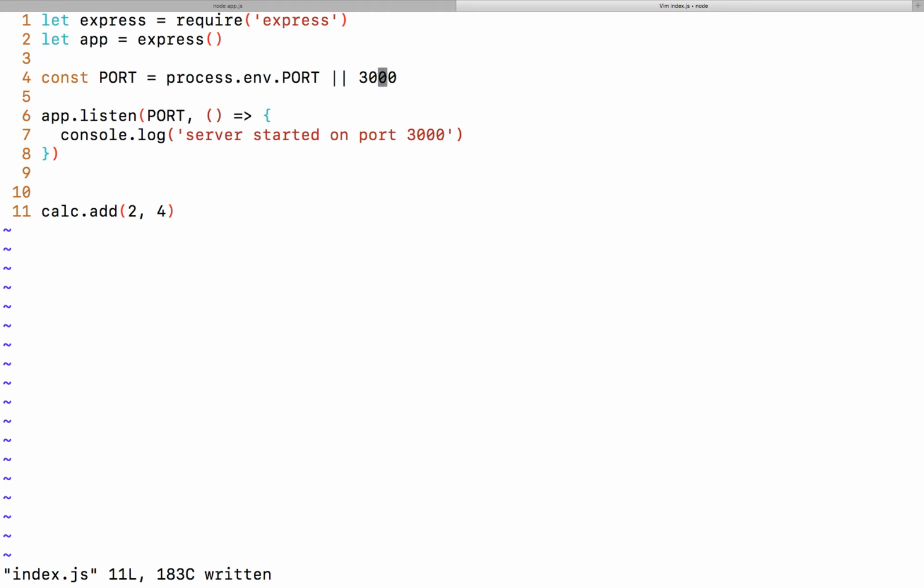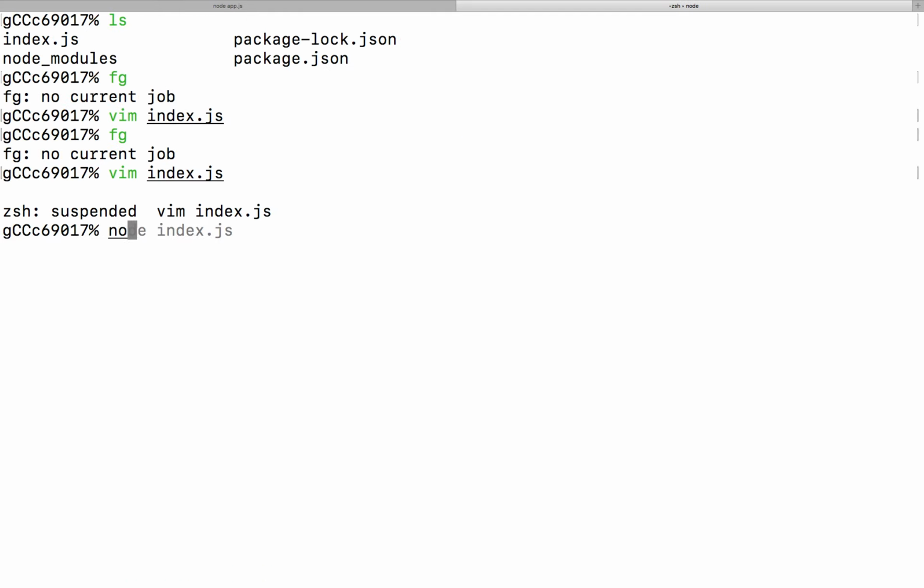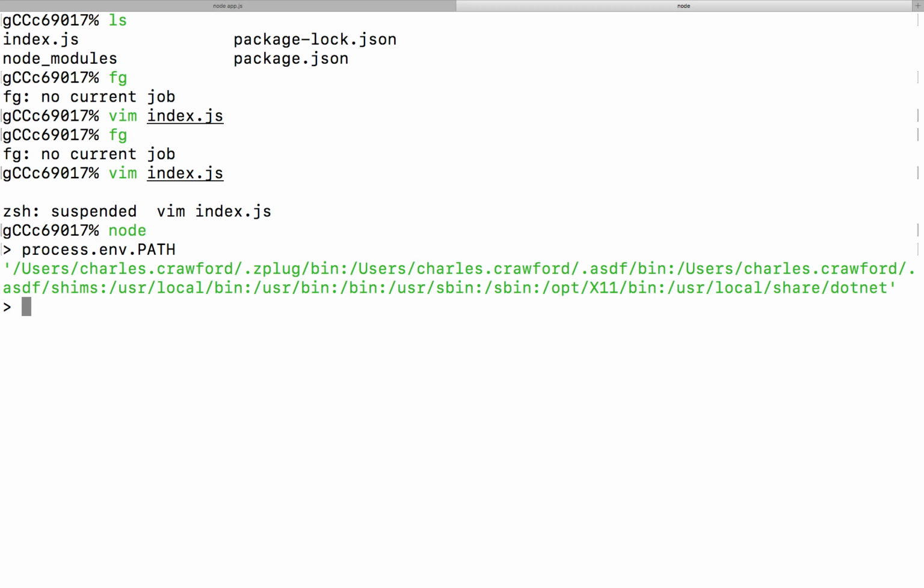And process.env, what that does is you can read any environment variable on your system through process.env. Process is just a node built-in about the process. It's kind of like document. For example, I can go into the REPL, and I can say process.env.path. There's my path. Process.env.whatever, and I can access or set any environment variable. Yes, env is short for environment.